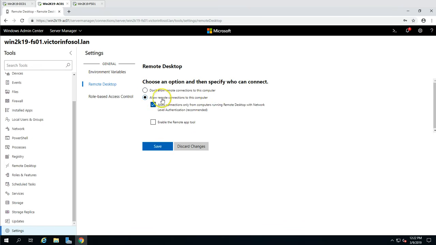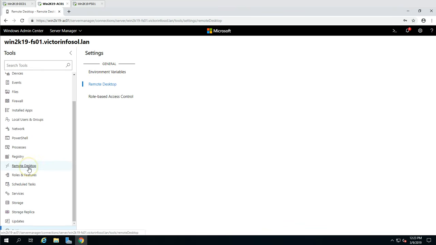So I'm going to allow remote desktop connection for this computer and click save. And now we are good to connect to this machine from a remote desktop. So you can see, succeeded updating remote desktop settings. So this is good. Now if I go here,